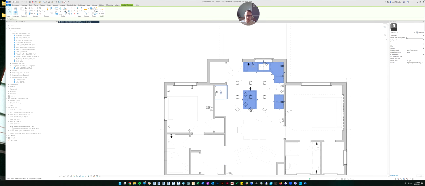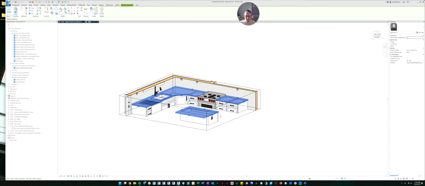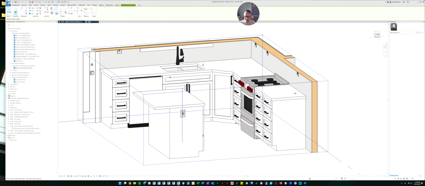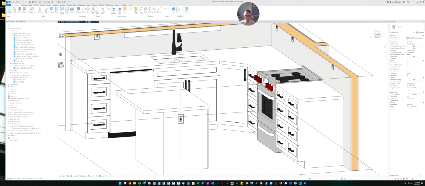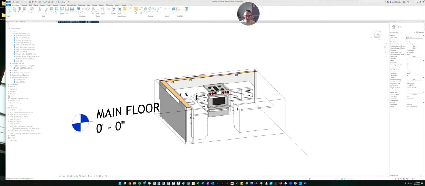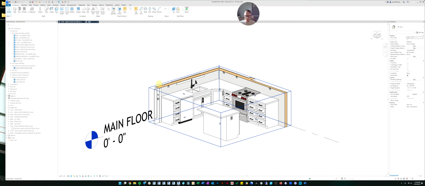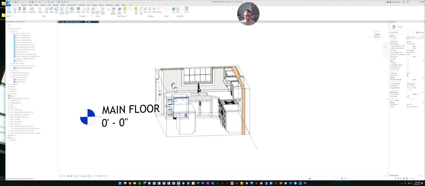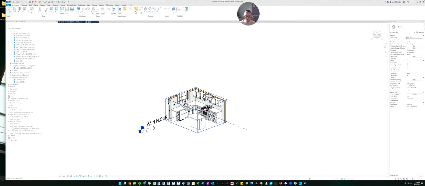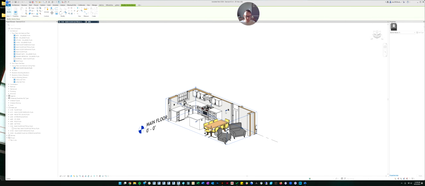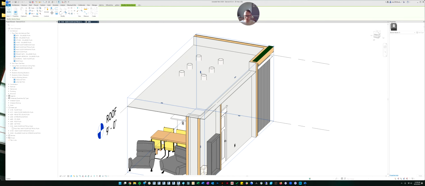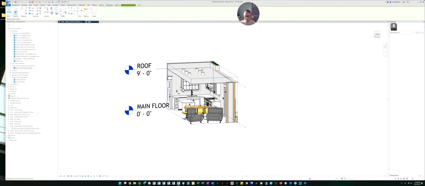Now, if I go to my section view here, you can see I've placed it. Trying to pull the view down a little bit. Now you can see it's placed, and it even looks like a GFCI outlet on either side of the island. And then you can see our other GFCI outlets that are on the walls in our backsplash. And if we go further, we can see our nice double gang switch, and we can see our pendants. And if we go even higher, we can see our recessed cans.